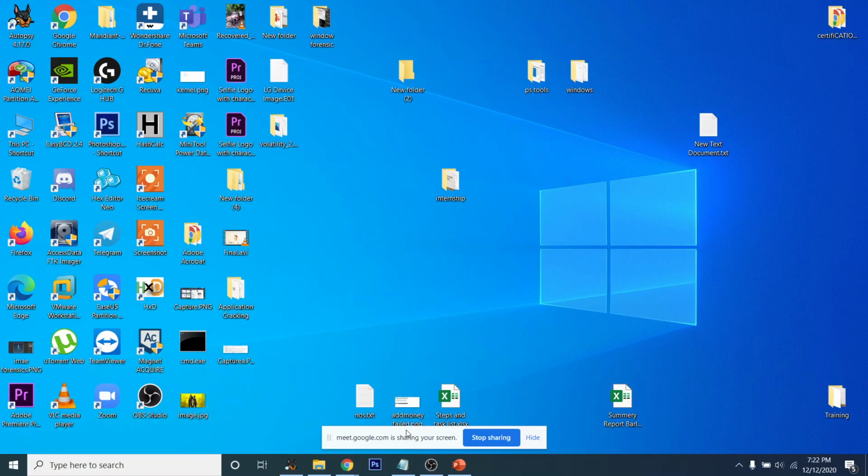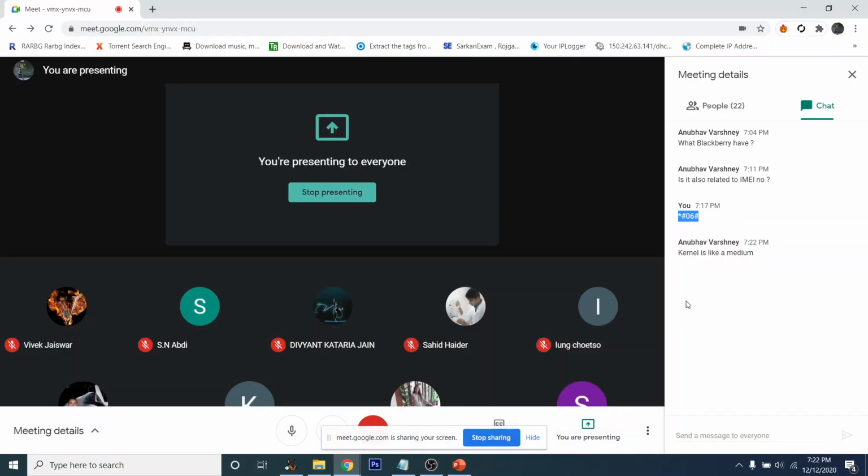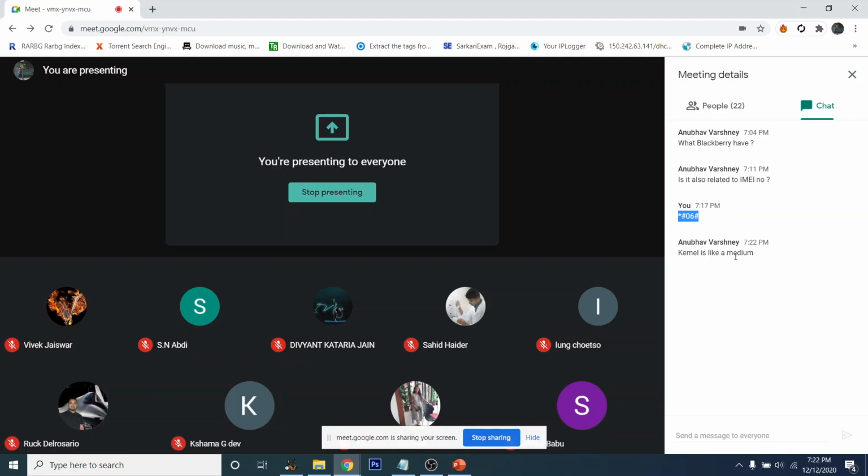Kernel. What you can do with kernel is you can do many things. Kernel has a separate OS. It is a very light OS. Kernel is like a medium. If you just turn off your device and start pressing the volume low key plus the power button in your Android device,